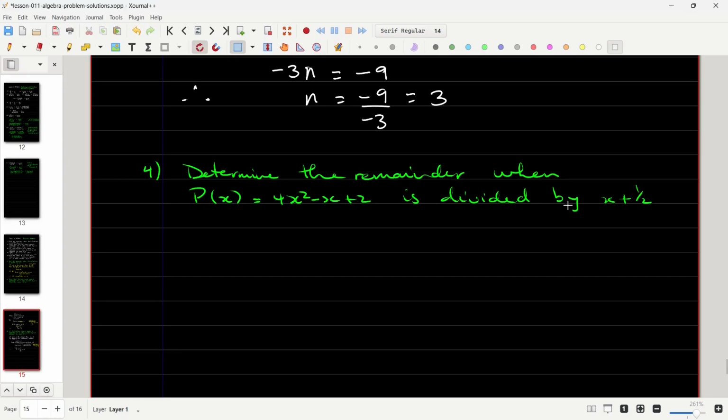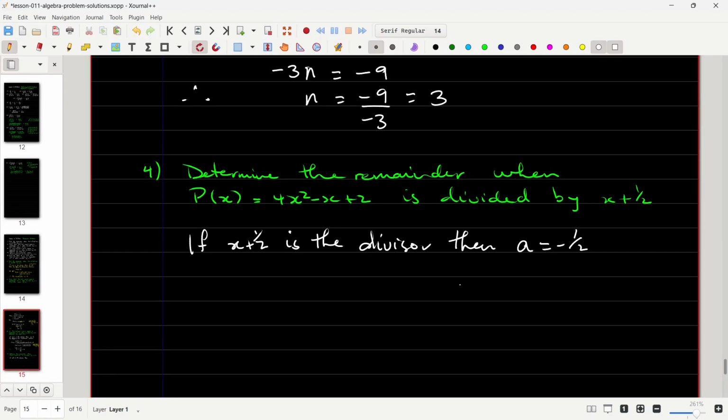We're required to determine the remainder when this is divided by that. Okay, so if x plus a half is the divisor, then a would be equal to negative a half. Applying the remainder theorem,